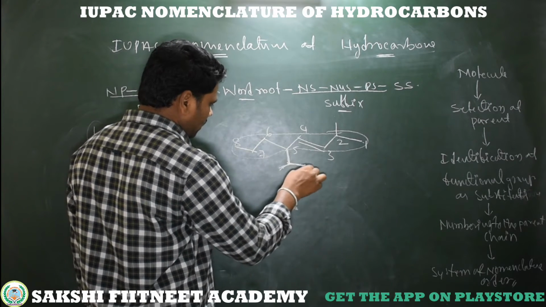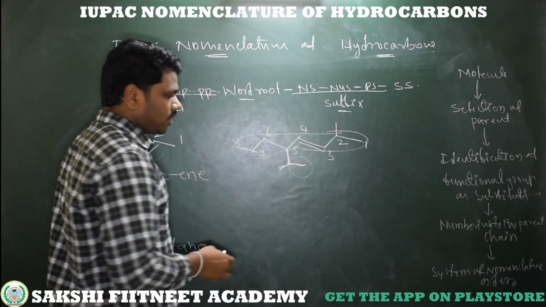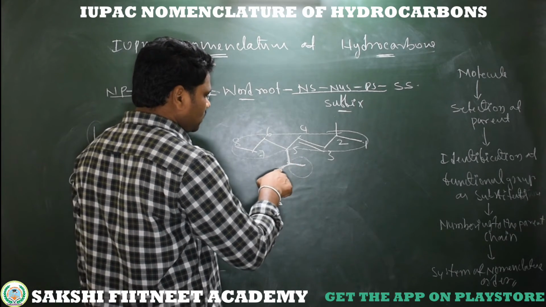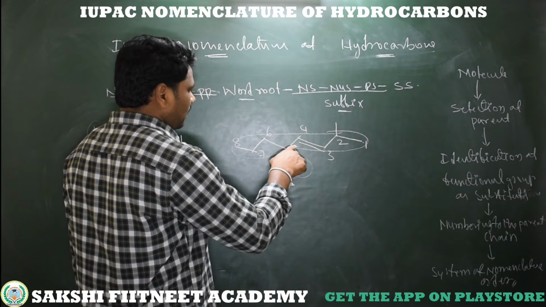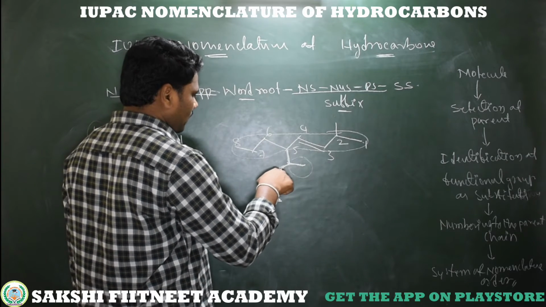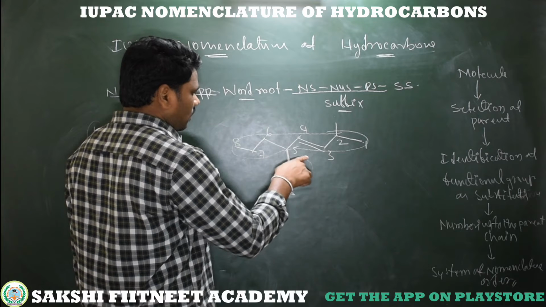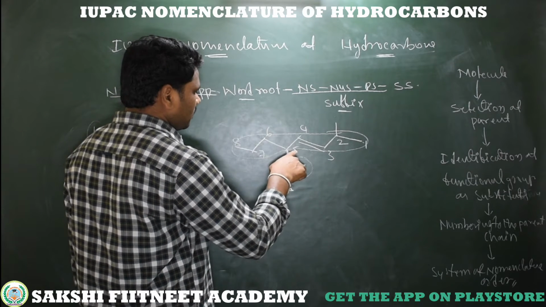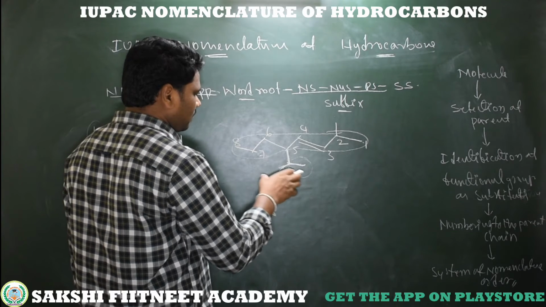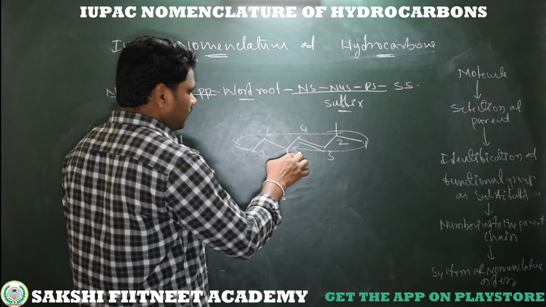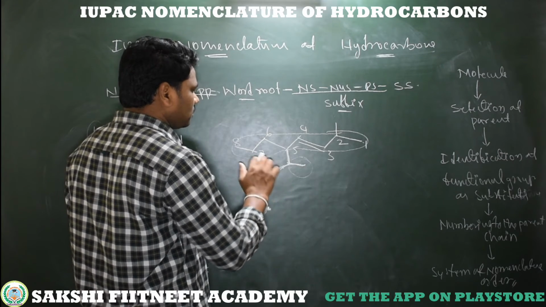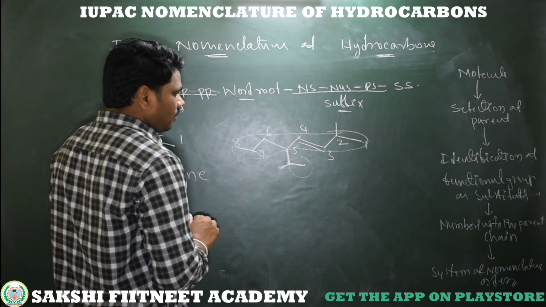Again to this, here we have another methyl substituent. So this is considered branching in branching, meaning that to this parent chain we already have one branch, and again to this branch we have another further branch. So in this case we should write the information about this branch separately in a bracket. At the fifth position we have a bulky group, branching in branching, then go to the parent chain.